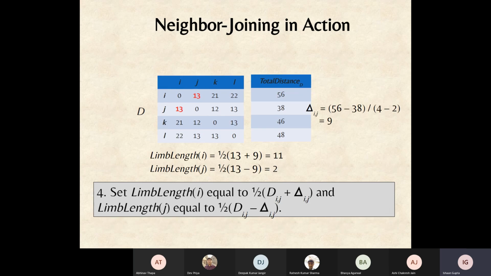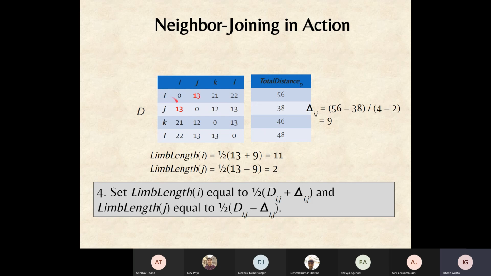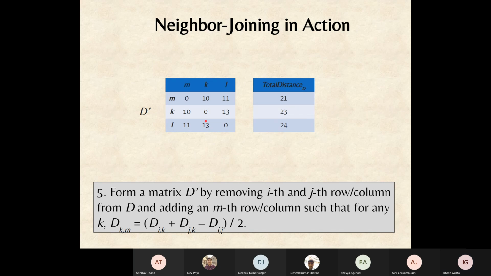Now you do the same thing as we did with the first additive algorithm. You just remove I and J. In this case, you replace them by an internal node. Let us say that internal node is M. So now we know that the limb length of I and M, so basically the length IM distance, is 11. The distance MJ is 2. So we remove these things and we replace them by M. And